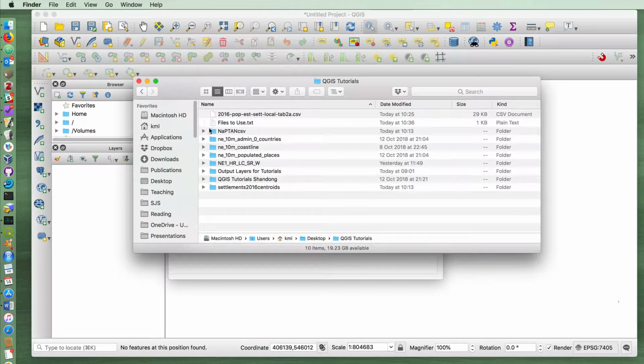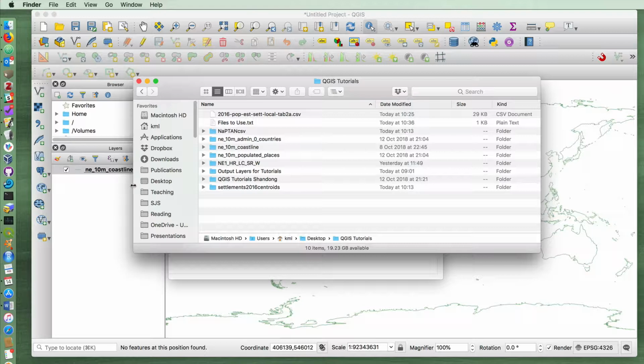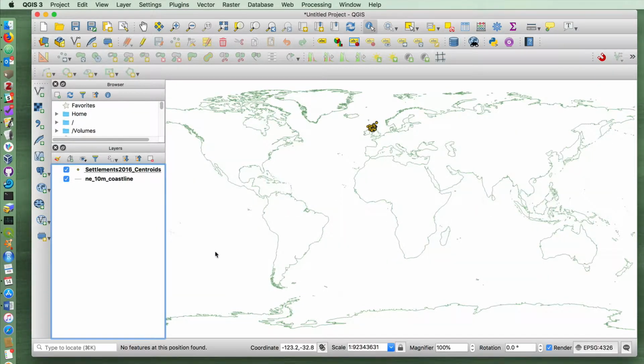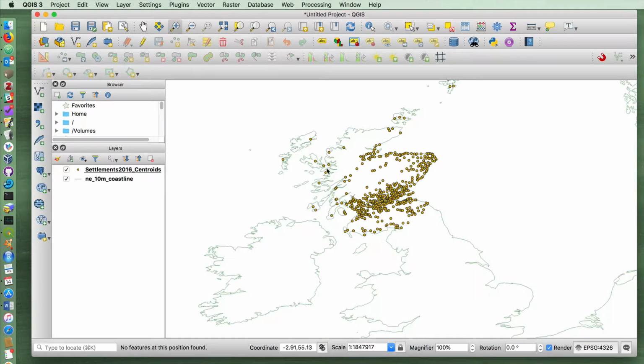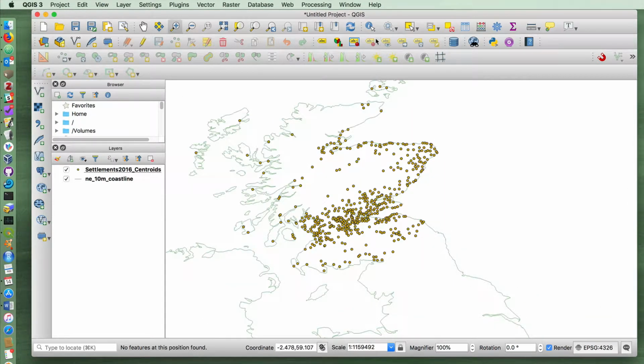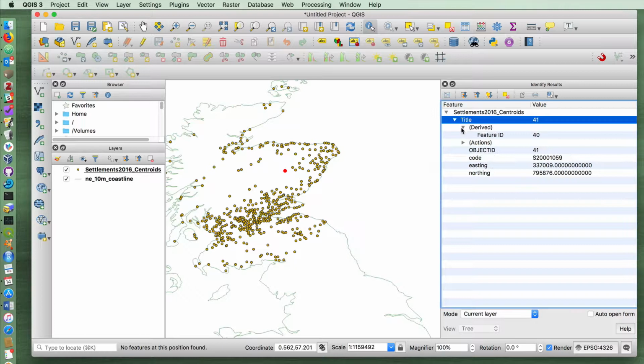Once you've downloaded the layers, you can just drag them into QGIS. I'm going to do that for the settlement centroids and the coastlines. If you zoom in on Scotland here, you'll see that our various settlements have appeared. If you use the Identify Features tool, you can select any of these, and you'll see that we have a feature ID and we have a settlement code,